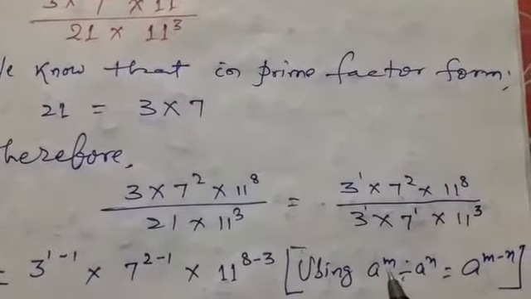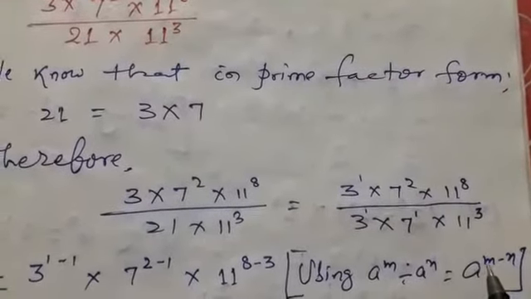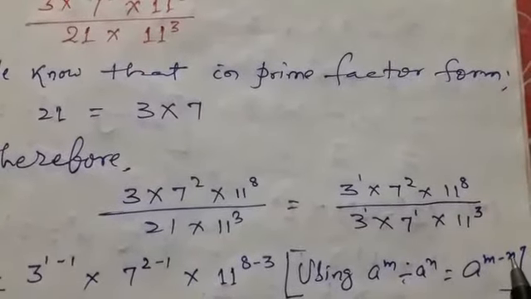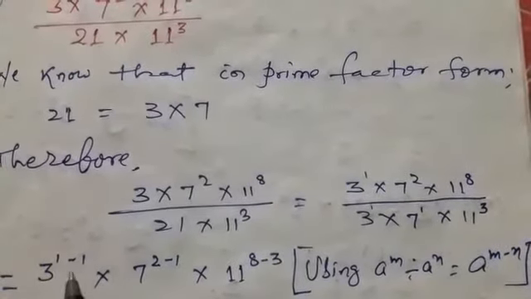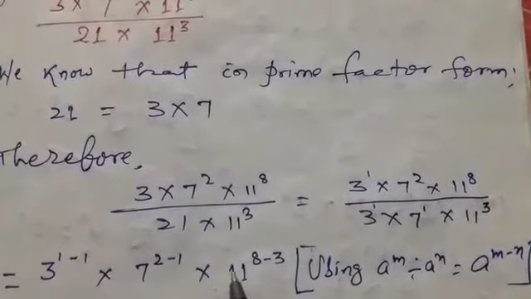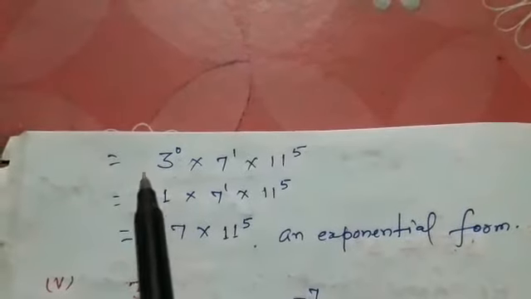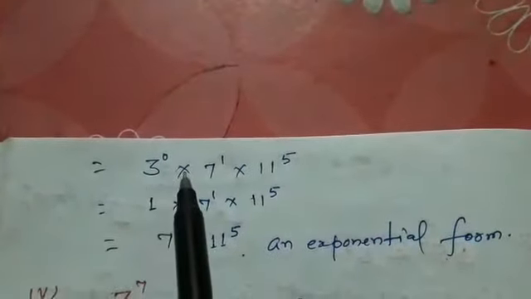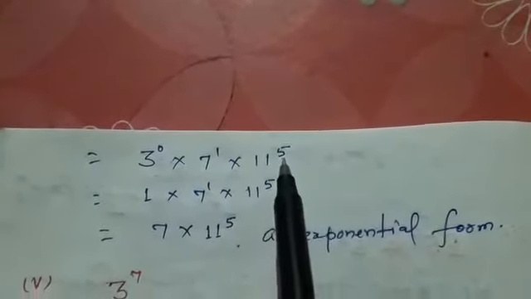Using a to the power m divided by a to the power n is equal to a to the power m minus n, like this, 3 to the power 1 minus 1 multiply 7 to the power 2 minus 1 multiply 11 to the power 8 minus 3 is equal to 3 to the power 0 multiply 7 to the power 1 multiply 11 to the power 5